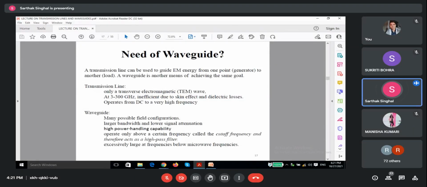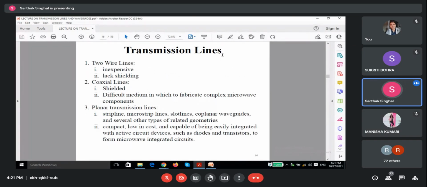But why can't we use these transmission lines at higher frequencies? Because when you model the unit section of a transmission line, what are the components of the model? It was resistance, inductance, capacitance, and conductance, right? Yes, sir.